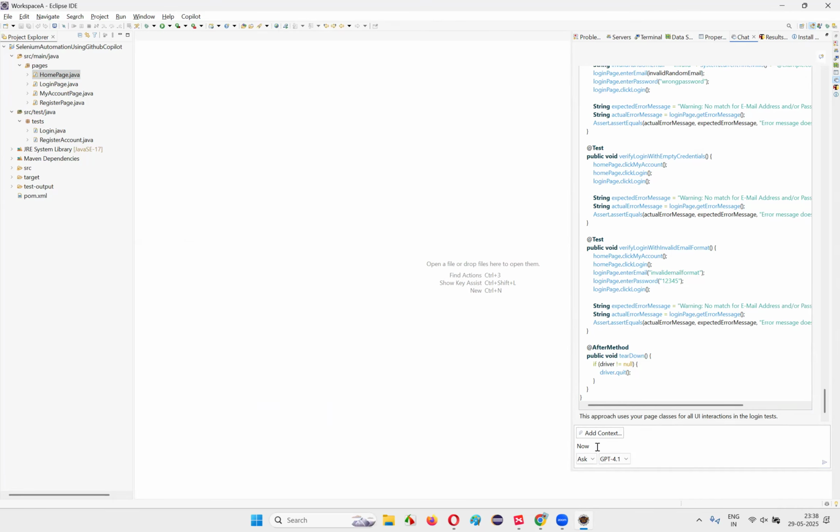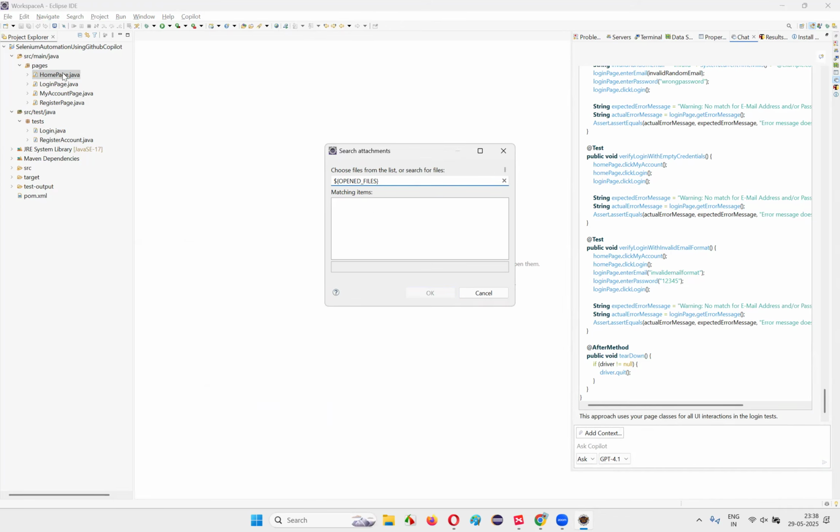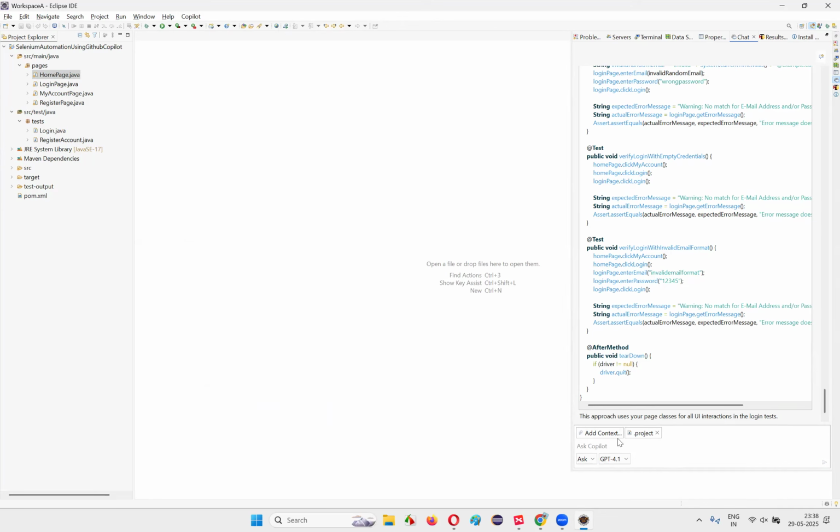And if you want to mention a total project, that is also possible. Add context. And here you don't want to individually specify all the files. If you want to specify the entire project here, right click on select this and type project here. You'll get the entire project selected. You don't have to mention individual files. Okay. What you will do here is, okay,